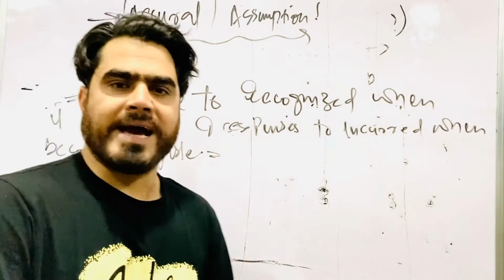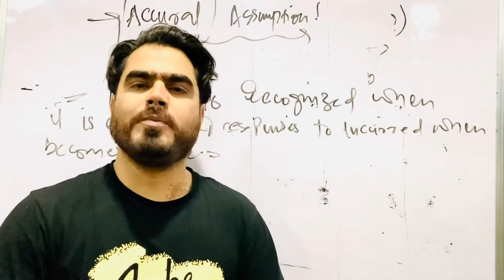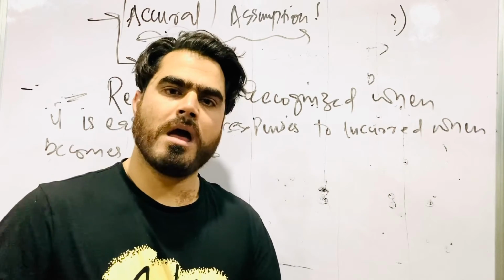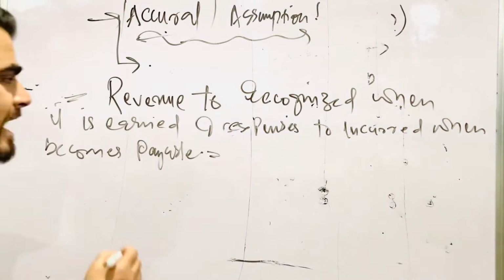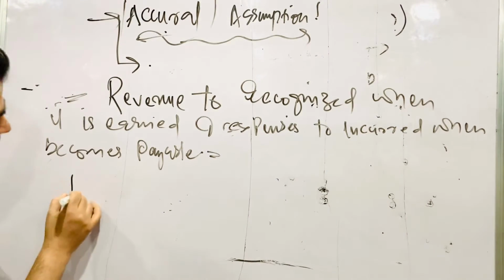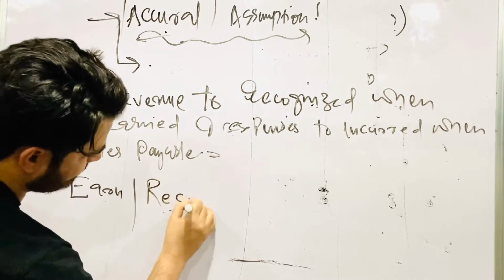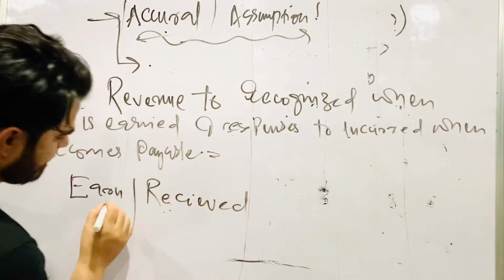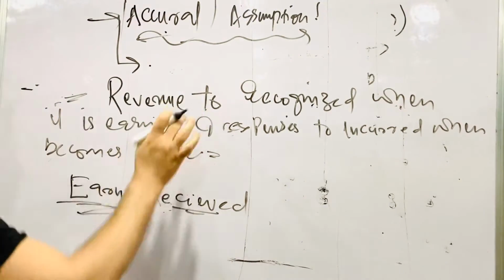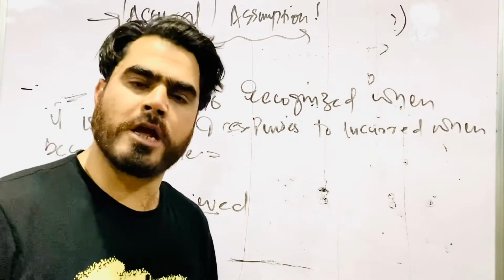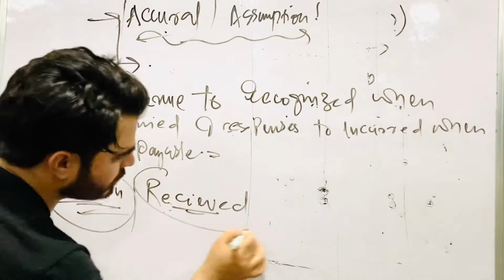Revenue to be recognized. It states that revenue is to be recognized when it is earned. Here you have to understand earned or received. ये assumption कहता है भाई आप अपना रेवेन्यू तब रिकॉर्ड करें, आप अपना रेवेन्यू तब उसको माने जब आप उसको अर्न कर रहे हो, ना कि जब आप उसको रिसीव कर रहे हो।